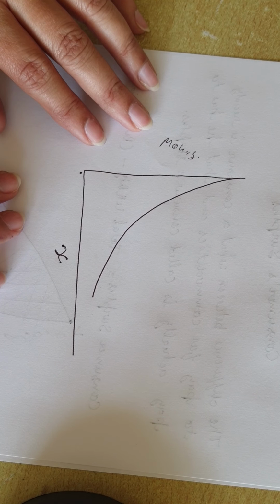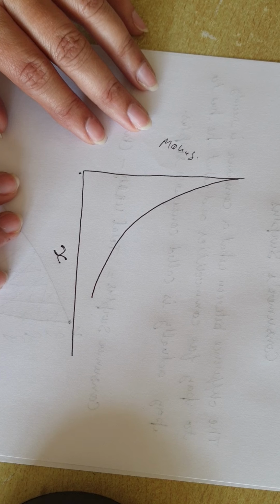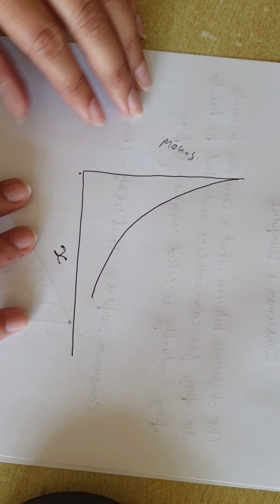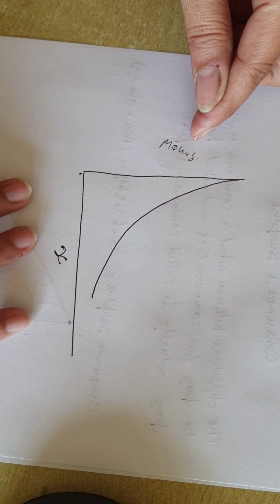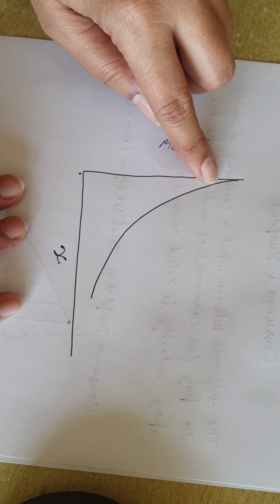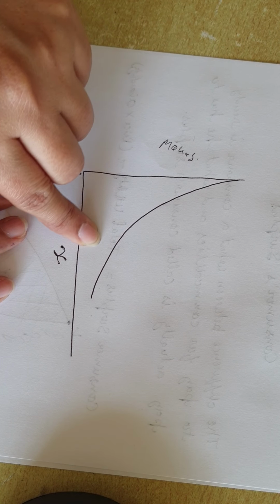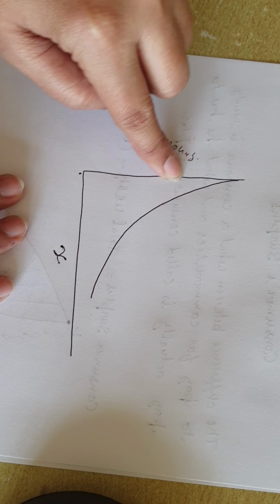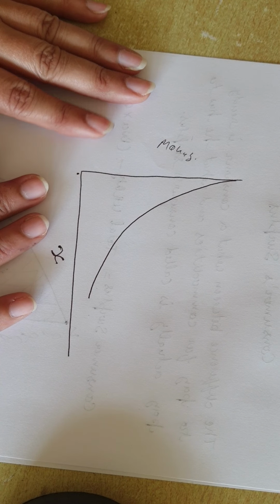Usually when we draw our indifference curve, we are not aware about the money income of that consumer. But here one commodity we are taking as money. Here we are treating money as a commodity. So this consumer is having various options, or you can say various combinations are shown by this indifference curve of these two commodities, I mean money and commodity X. So this is the indifference curve.